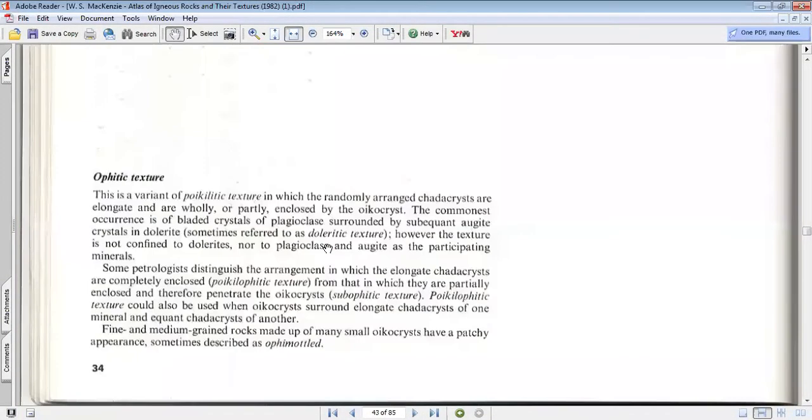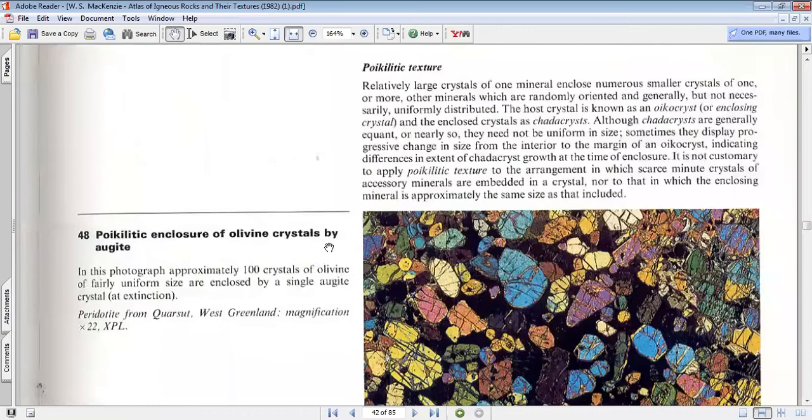Today we will discuss Poikilitic texture, or some people also call it Poikilitic texture. It has a difficult name, but it is very easy to understand. The subject is petrography, and my name is Dr. Harun. Today we will continue to see